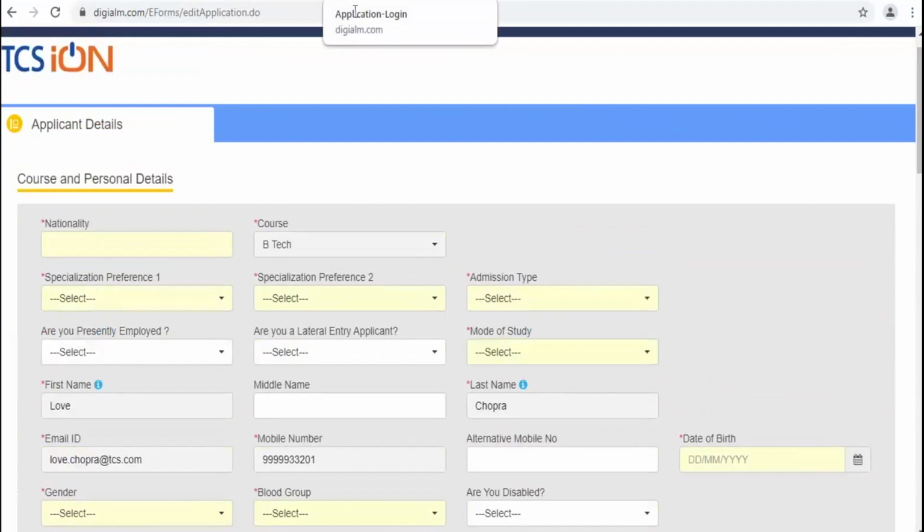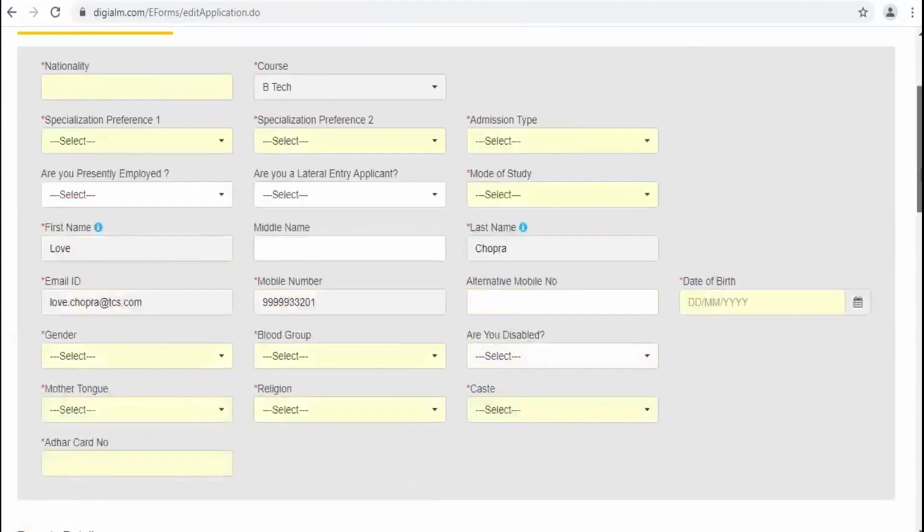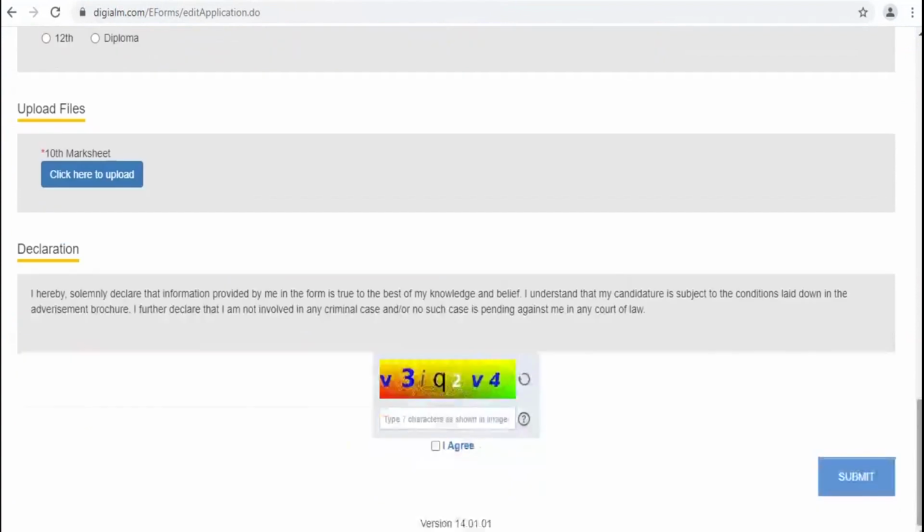So once an application form is completely filled, students would have to submit it, which will allow them to proceed further with making an application payment.